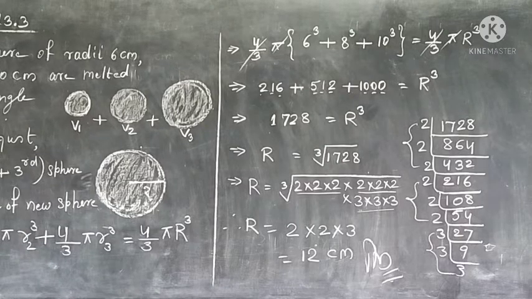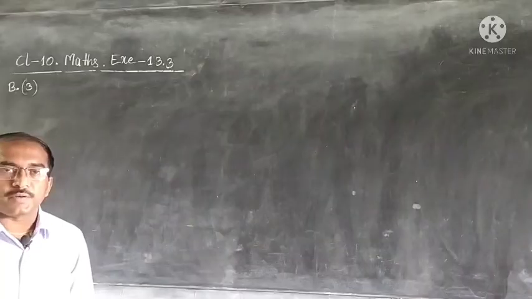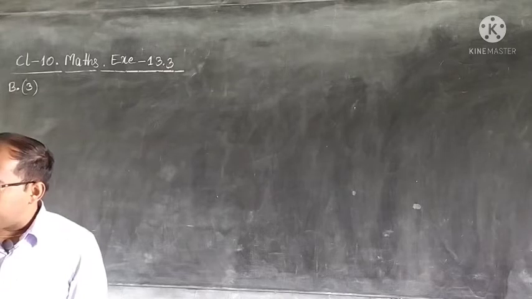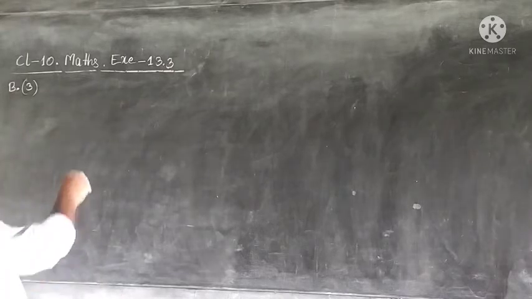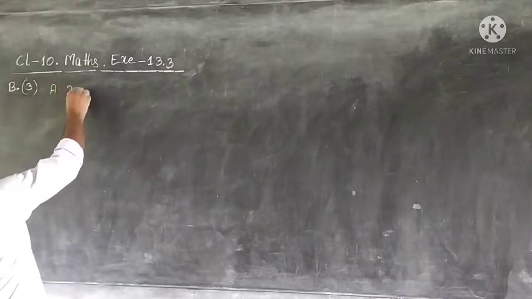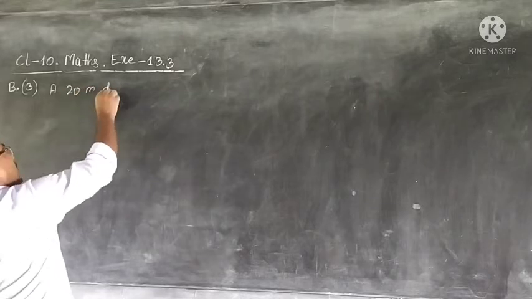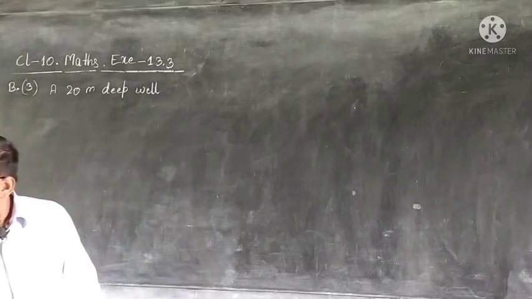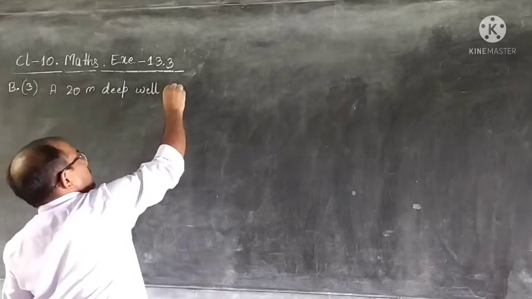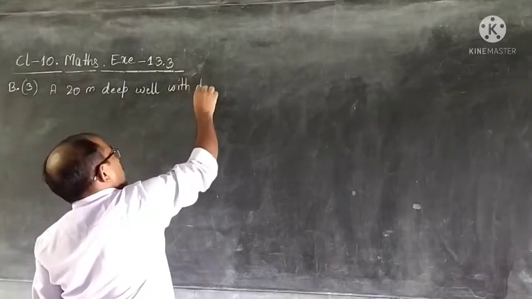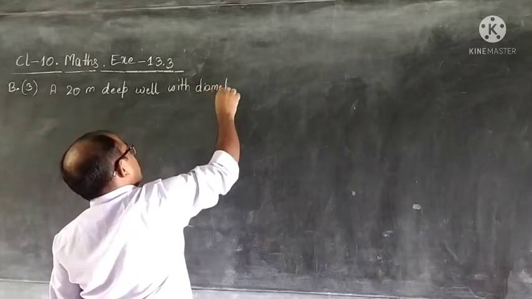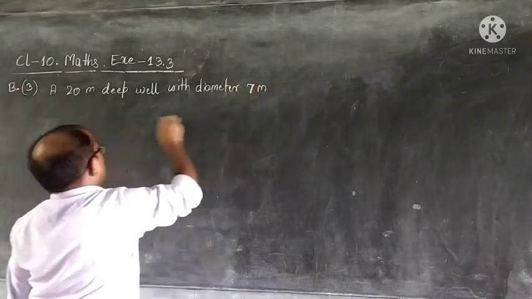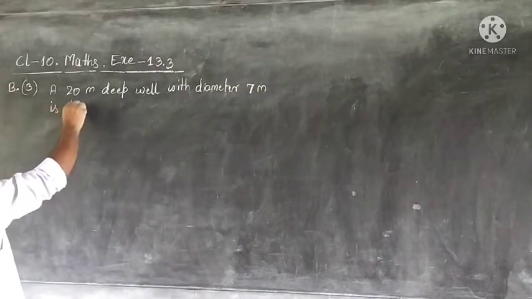So, let us go now to question number 3. The question is: a 20 meter deep well with diameter 7 meter is dug,